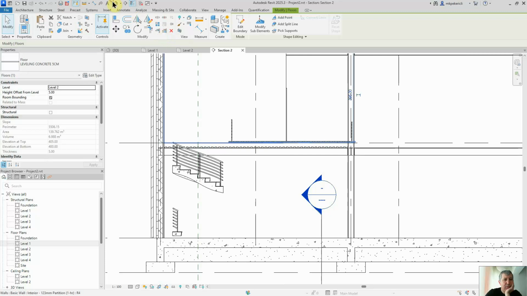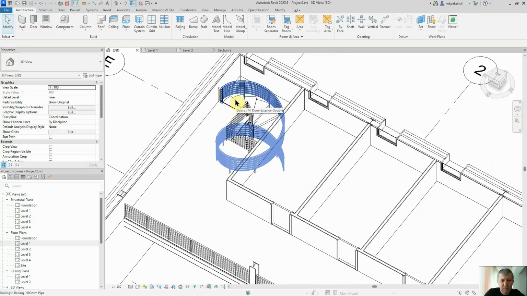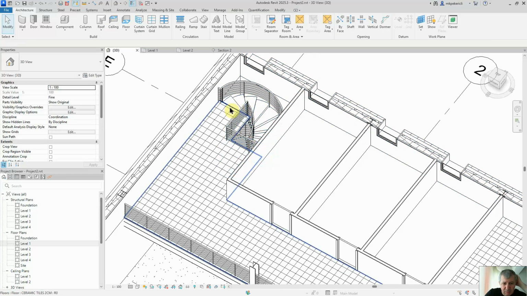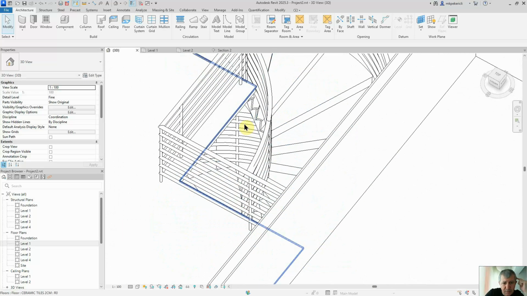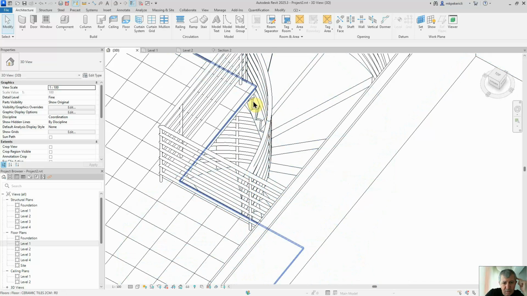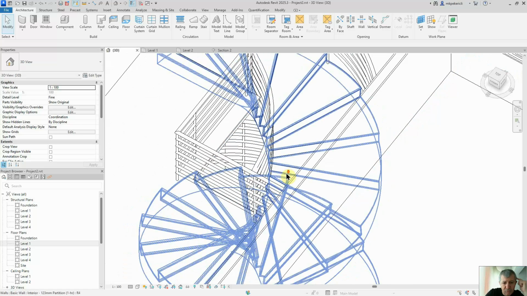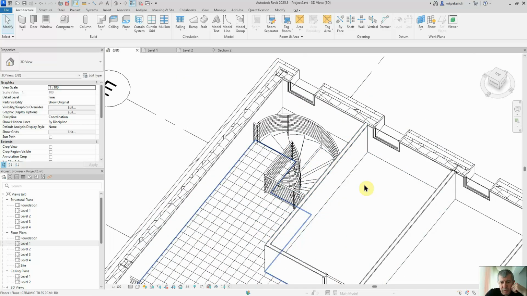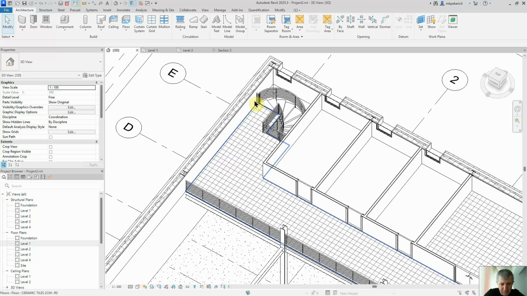Okay, let's have a look at it in 3D. How come it did cut then? Okay, ceramic tiles. That's a bit odd to me. How did we cut the... Yep, we cut that one. How about the structural floor there? Where is the structural floor? I don't know. There's something missing there. Anyway,